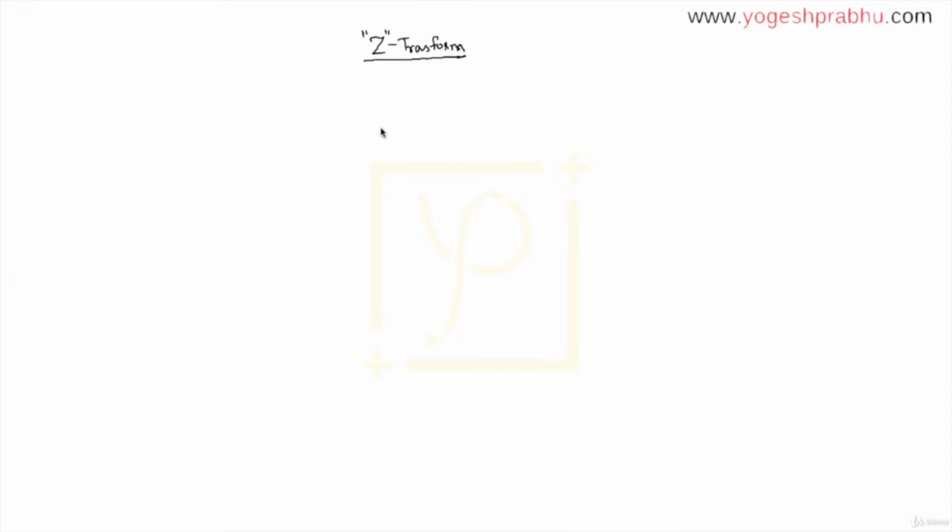In this video, we're going to talk about Z transform. Now, before we go to Z transform, I want you to understand the meaning of transform. Whenever you take a transform, you basically convert a time domain signal into a frequency domain signal. And when we are specifically doing Z transform, the time domain signal is x of n. This is the standard notation. And when you take the Z transform, it becomes x of z.